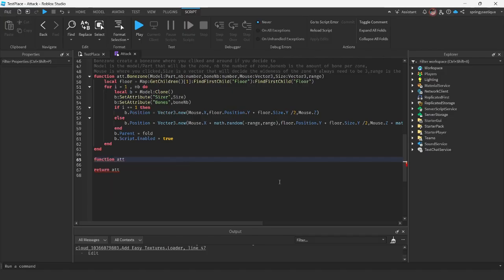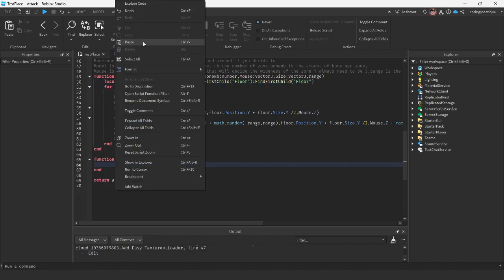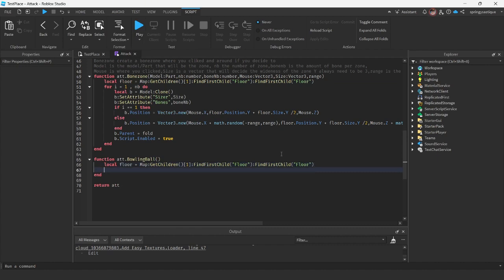So what I do first is create my function with a name, etc. And then I put the variable floor that I use on a lot of attacks, which is able to detect the floor of the map. Then in the function I put the parameters and information about those parameters, like what type of thing they are. Model is a part, range is a number, mouse vector, mouse is a vector tree, so a vector